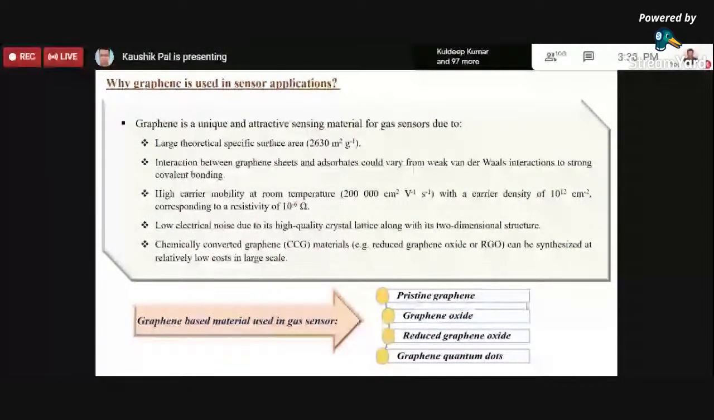For a particular application, first you have to identify what your input parameters are and whether the nanomaterial is able to deliver them. If yes, then directly go for that nanomaterial. If not, then try to modify the nanomaterial, maybe by doping, coating, or some other means. The interaction between graphene sheets and adsorbates can vary from weak van der Waals interactions to strong covalent bonding. High carrier mobility at room